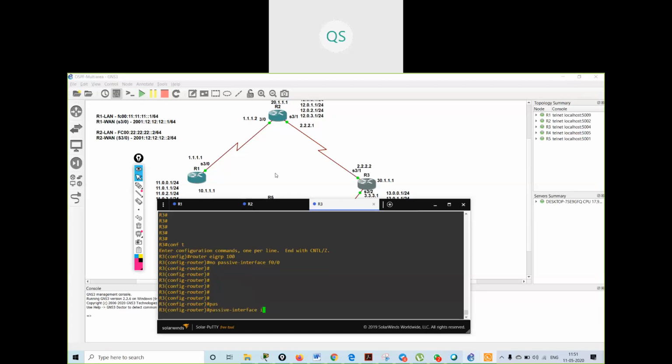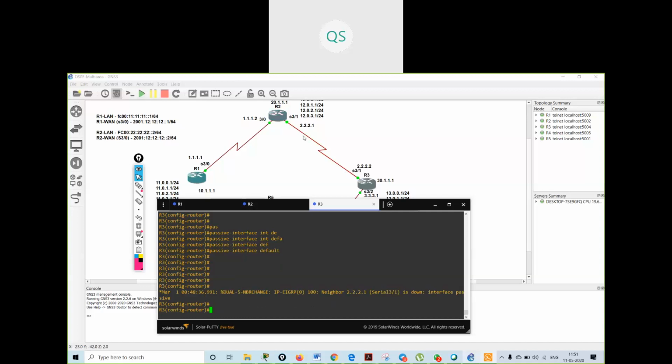passive interface default, and what I want is that my S3/1 should not be a passive interface.